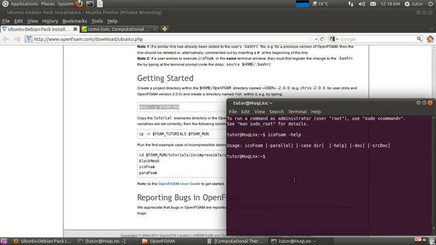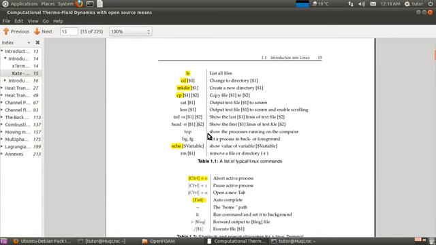I'm going to first go into the OpenFOAM directory, and then I will go into, so the cd. Okay, I should show this to you. These are some of the basic Linux commands. This is ls, which lists all the files in a directory. cd is if I want to go into a particular directory, and mkdir stands for creating a